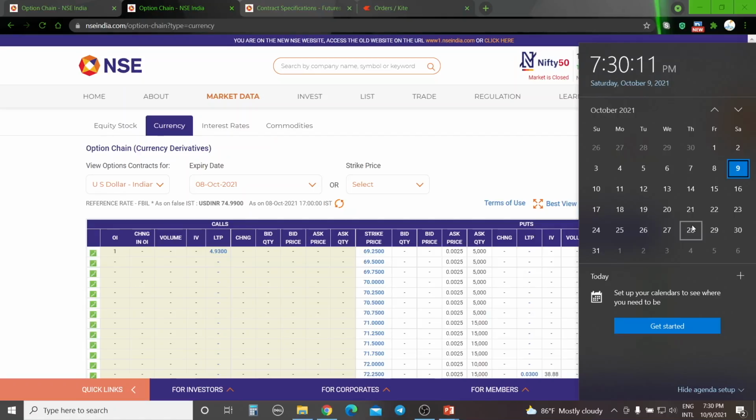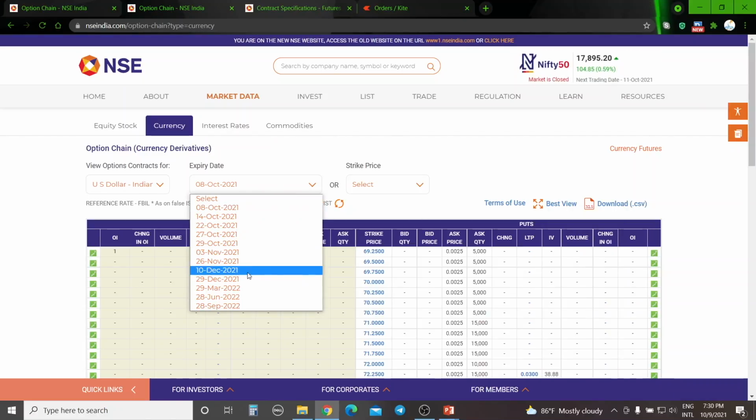We have the regular weekly expiries which happen on Friday, but there is a monthly expiry which happens 2 working days before the last business day. For October, the last business day is 29th, so 2 working days before, on 27th we have the regular monthly expiry. We'll have good liquidity here.